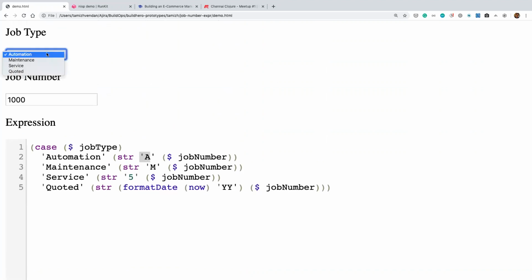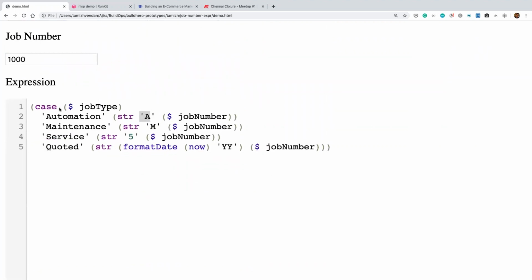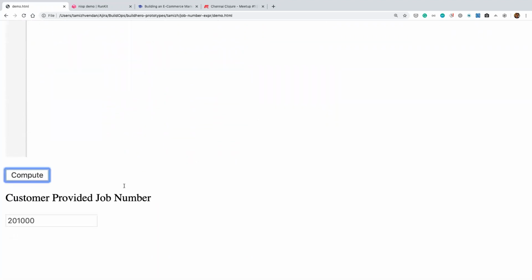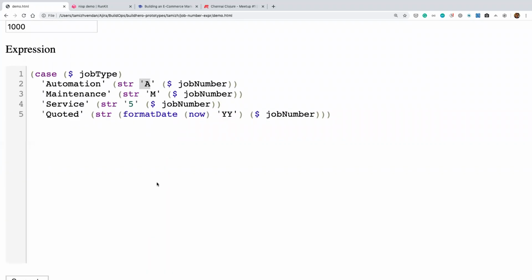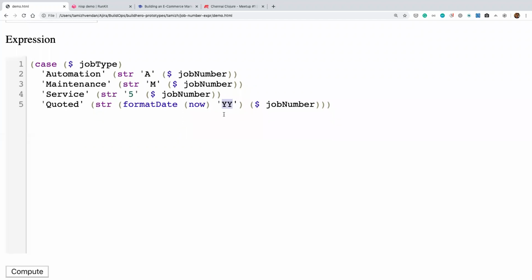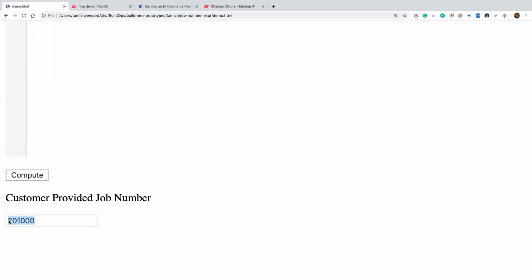And if the job type is service or quote, they want a completely different thing. Basically, they want the YY of the current year followed by the job number. So this is the tenant's requirement, and each tenant has their own way of calculating this job number.